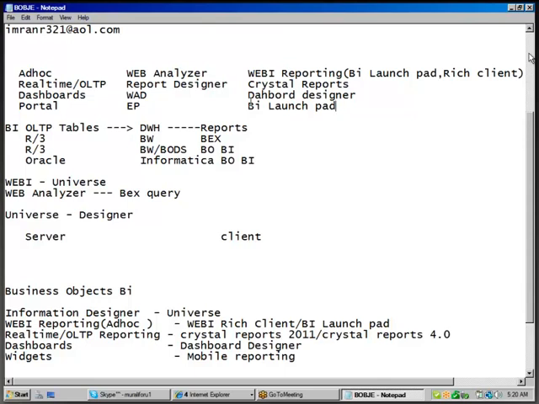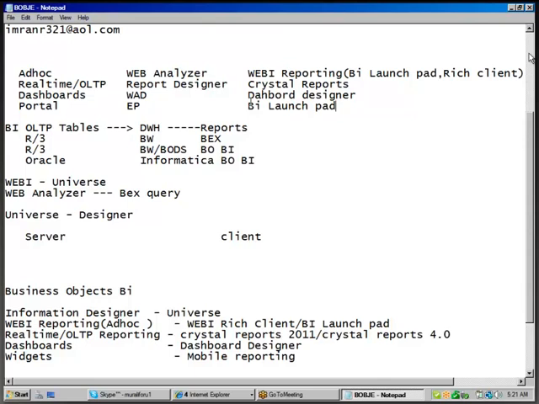From your system, you need Rich Client, Crystal Reports, and Dashboard Designer, and create 3 kinds of reports. If the customer requests a report with graphics, at that time you need to select Dashboard Designer and create a dashboard. The dashboard you need to put into BI Launchpad. Then the customer will connect with the BI Launchpad and see your dashboard with the URL. In the same way, if they request an ad hoc report, connect with the Rich Client, create a report and put it in the BI Launchpad, and the customer will see only BI Launchpad.